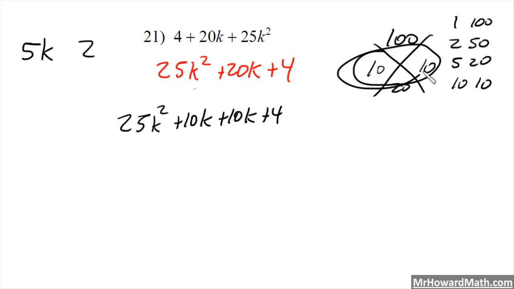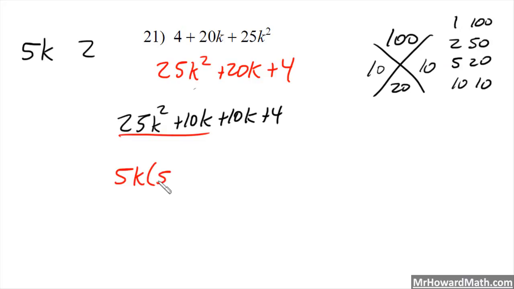Remember, these 2 numbers go here with the variable. Now we group them. That would be a 5k as the greatest common factor, left with a 5k plus 2. Greatest common factor here would be a 2, so plus 2. And we're left with a 5k